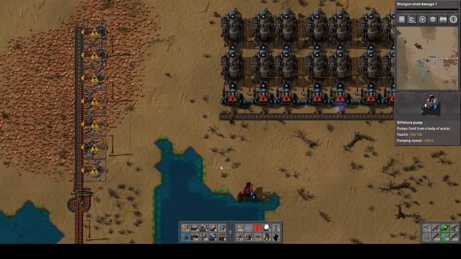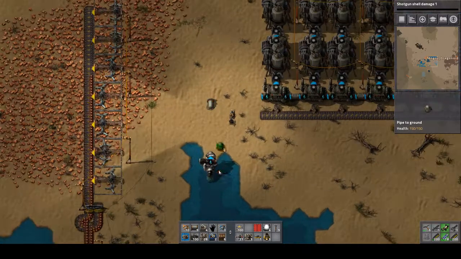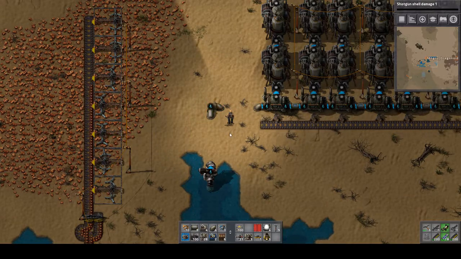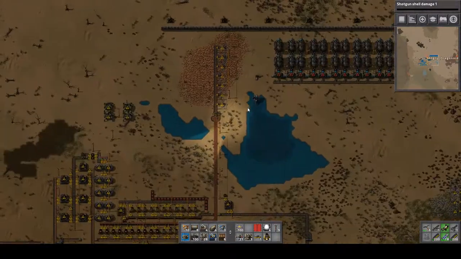I just need my pump, which I think this can be handled by all these. You go there. You go there, and then I'll just use a pipe here, and that should work. And then I just need coal to here, which is... This is gonna complicate things. Unless...